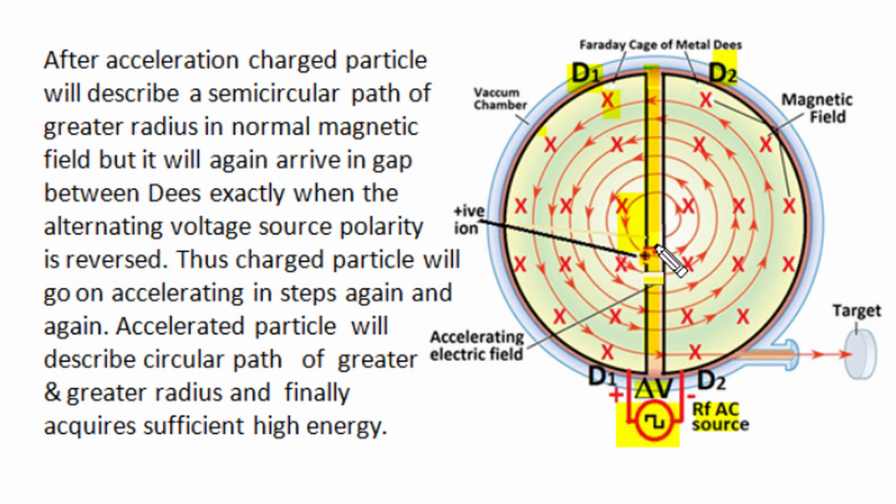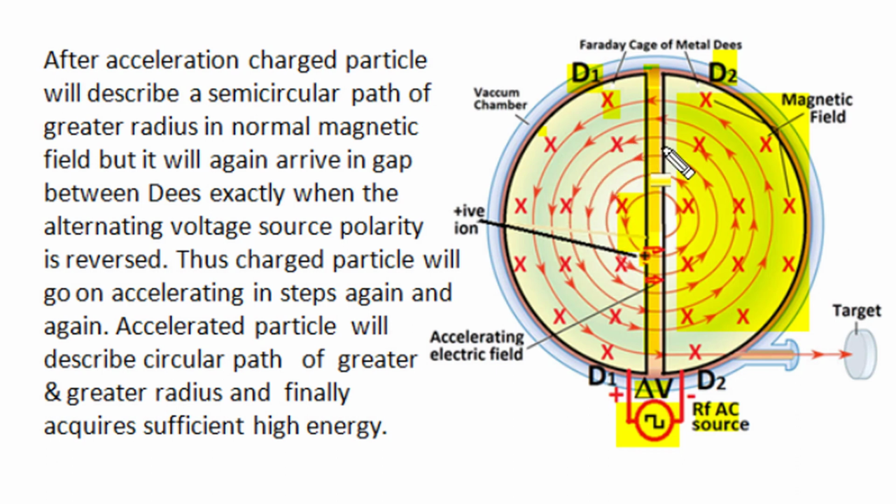So each time the particle crosses the gap space, the polarity of the radio frequency alternating potential source alters, and each time accelerates the moving charged particle in steps again and again, and the particle performs circular motion in these two metallic D's under the influence of only the normal magnetic field with increased velocity, increased kinetic energy and increased radius, but